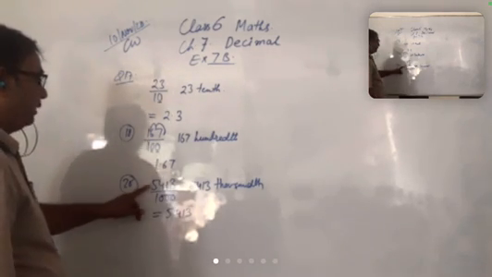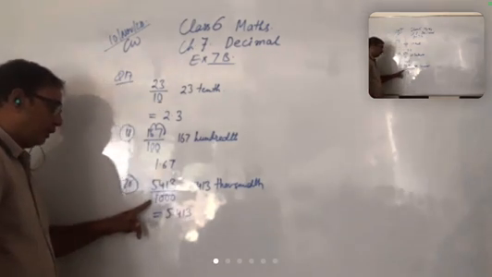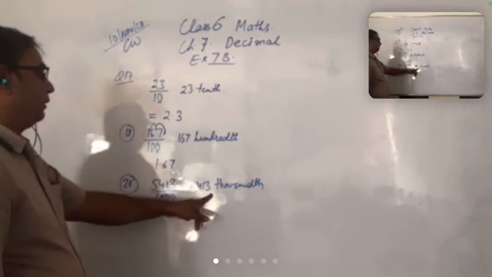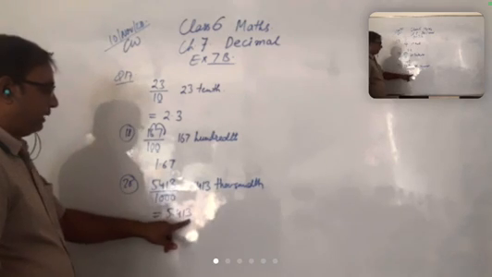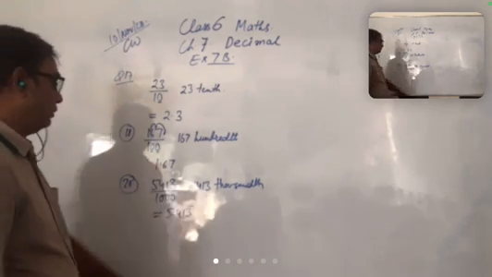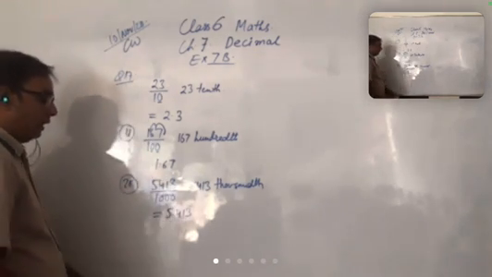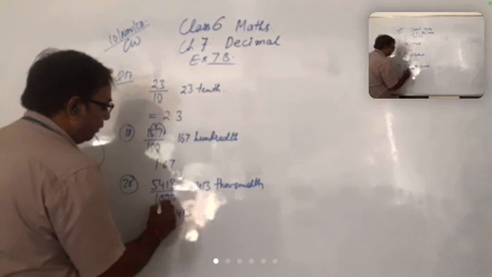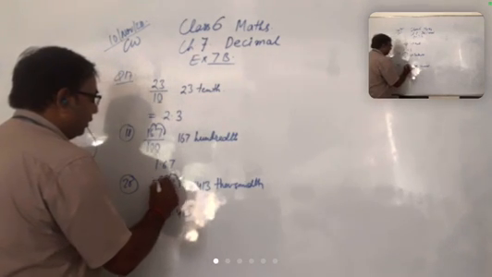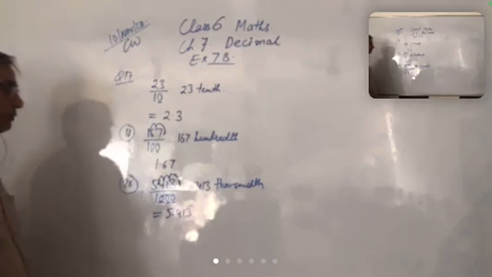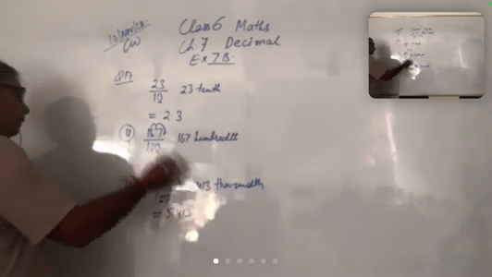So it's 5413 upon 1000, and we know that it is 5413 thousandth. So it means that we have to place the last digit at the thousandth place. So the answer is 5 point, or you can count 1, 2, 3, and place the decimal according to the number of zeros from right to left.